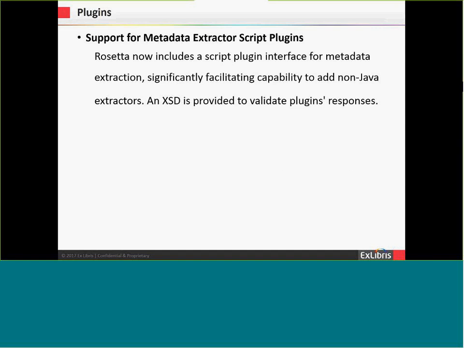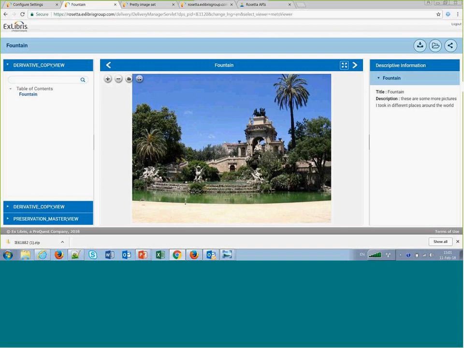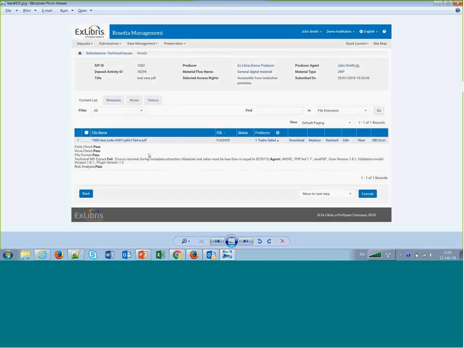We implemented VeraPDF as a metadata extractor plugin. VeraPDF is an open source conformance checker for PDF files, and it is now implemented as one of Rosetta's metadata extractors and validators. VeraPDF is designed to help institutions check that their PDF/A collections conform to the appropriate archiving standard specifications. So a quick example